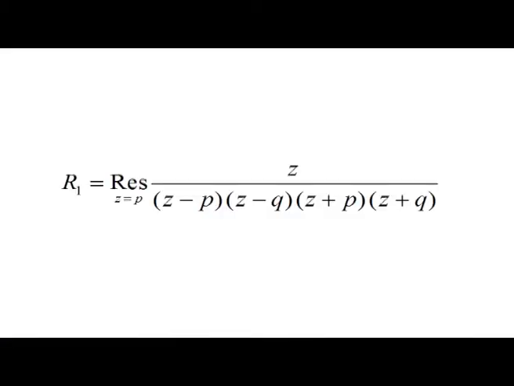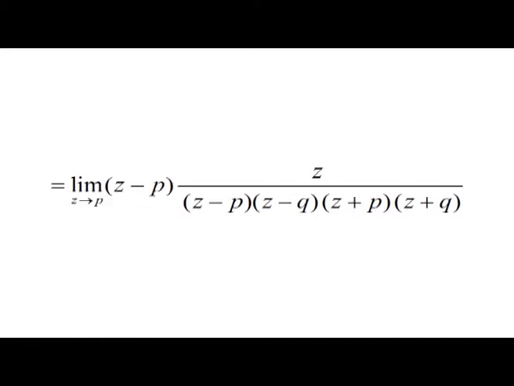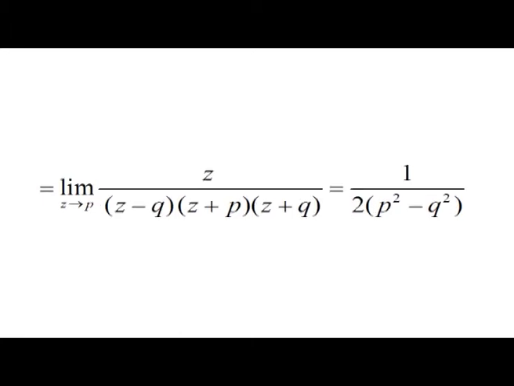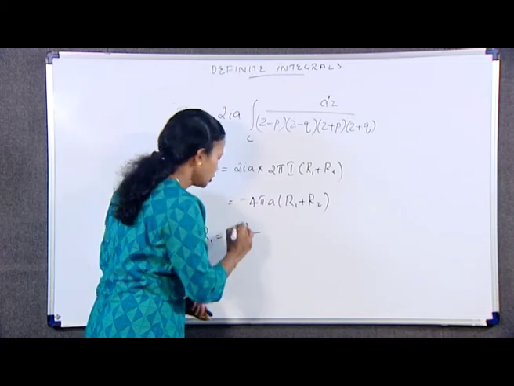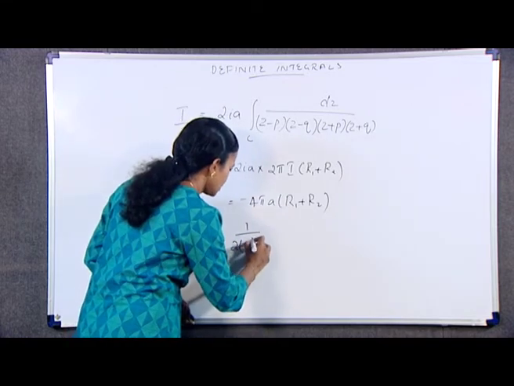It is equal to minus 4 pi A into R1 plus R2, where this R1 is equal to residue at z is equal to P, z by z minus P into z minus Q into z plus P into z plus Q, which is equal to limit z tending to P, z minus P into z by z minus P into z minus Q into z plus P into z plus Q, which is equal to limit z tending to P, z by z minus Q into z plus P into z plus Q, which is equal to 1 by 2 into P square minus Q square. That is, R1 is equal to 1 by 2 into P square minus Q square,